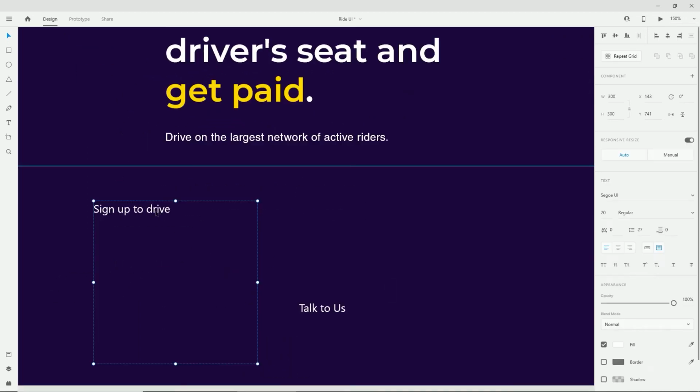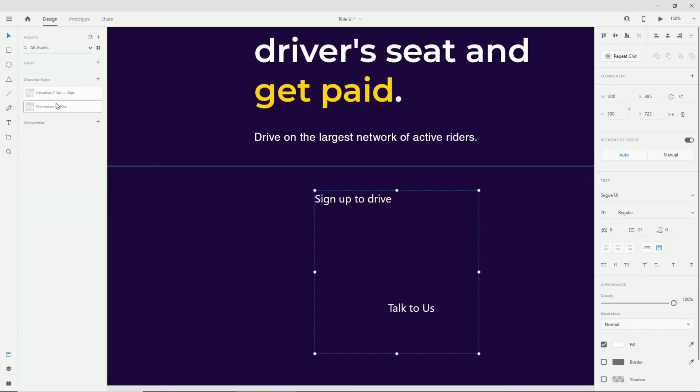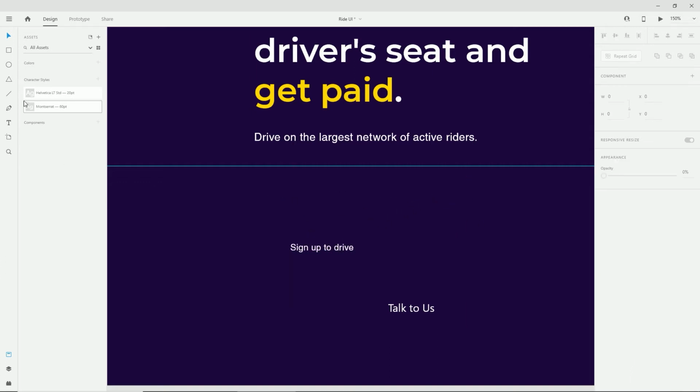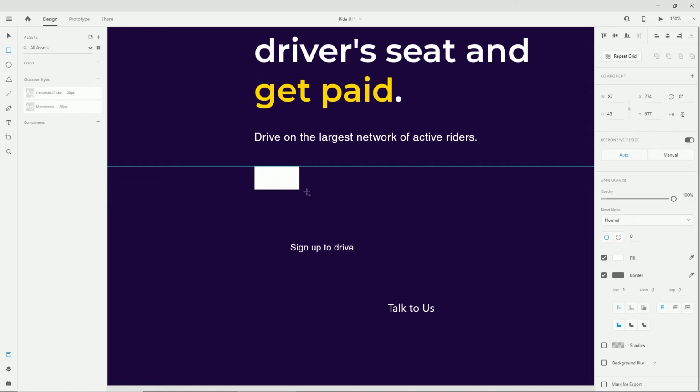And for the button, I will use the same text of Helvetica. Let me select it from here. Oh, no, the first one. I want to make sure that this text is a little bit smaller, maybe around 16 pixels, the smallest. I will align the text to be in the middle, and now I can actually create the button. And to create the button, I'm just going to use the rectangle tool. Make sure it starts from here. Maybe the height could be around 63 and the width could be around 175 or 176.